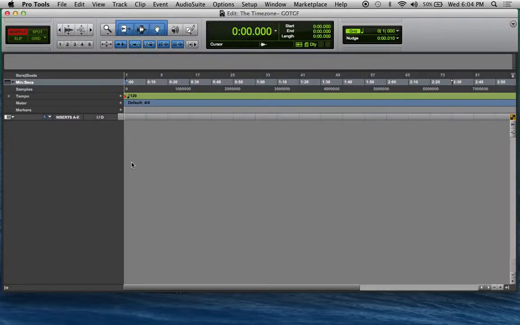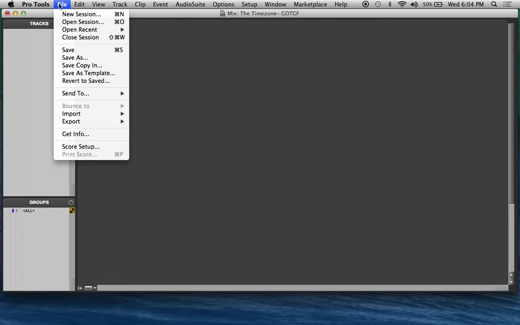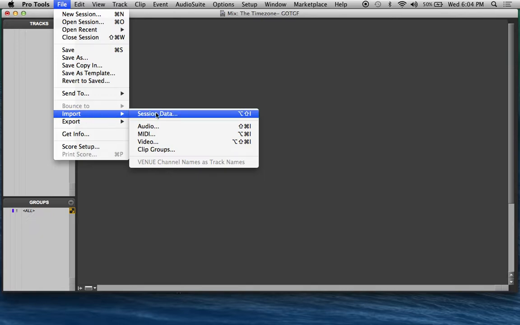So once we have Pro Tools open, we're looking at a blank session. Now, at this point, we have no tracks or anything. We want to import audio. So I'm going to hit File and go to Import Audio. Who's following me right now? Okay. I'm going to work with you guys in a minute. Just wondering if anybody's following. So when we go to File, Import Audio,